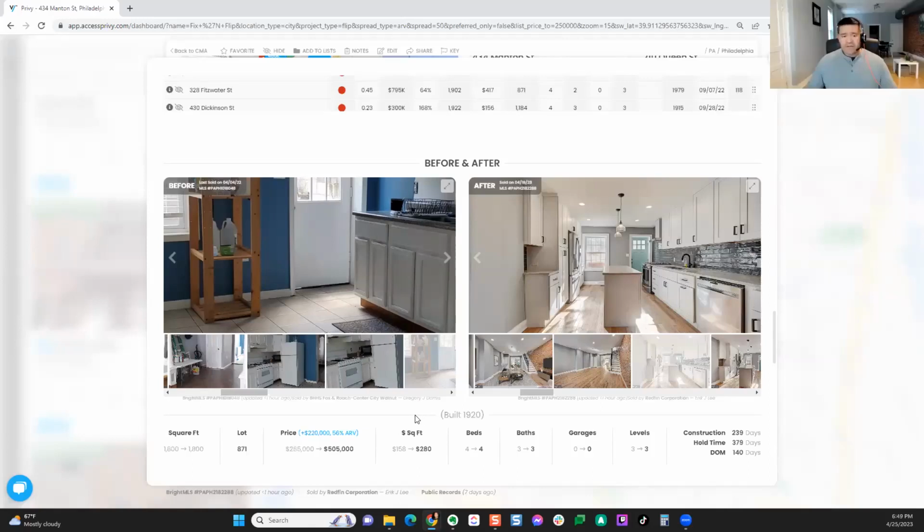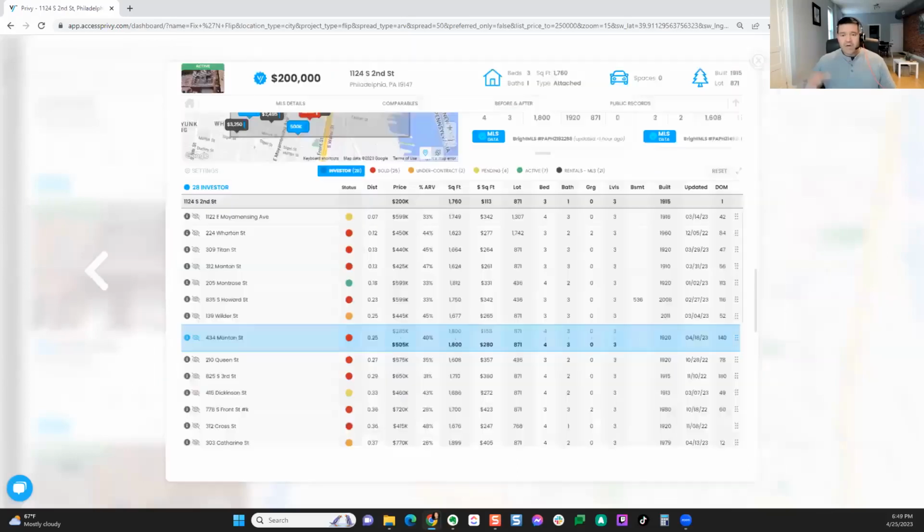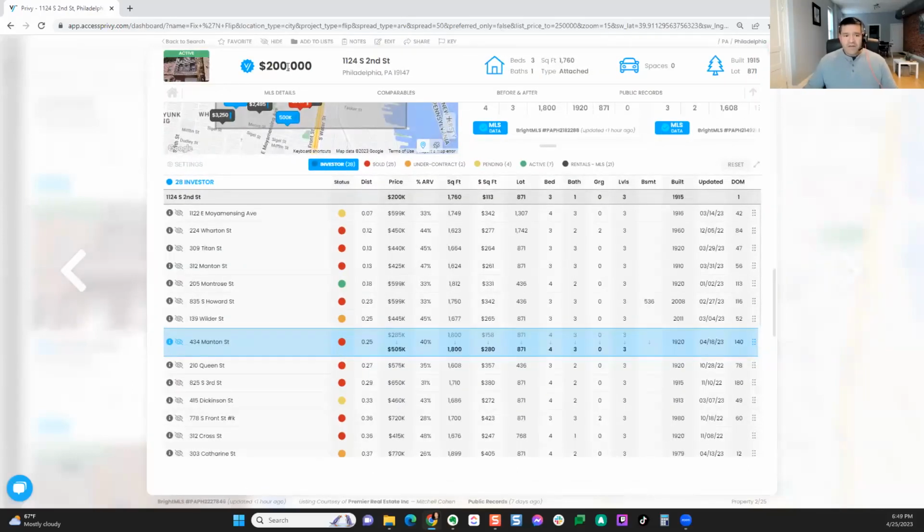So here's the other thing, you guys. We know that this guy is willing to buy a property from the MLS up to 56% of the ARV. So up to 56%. We know that because he just did it. So I don't have to probe and wonder what his buy box is. This house